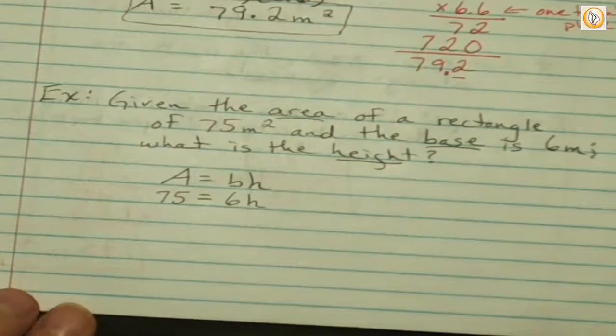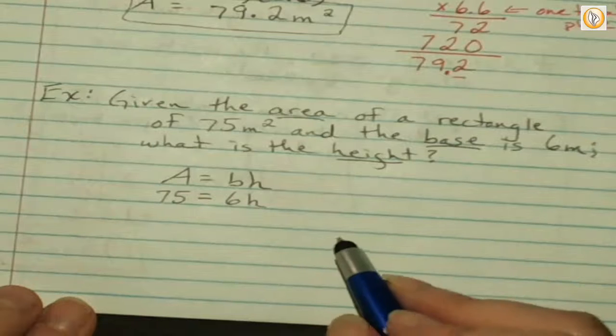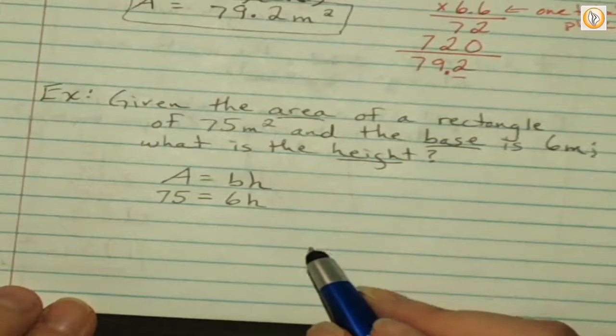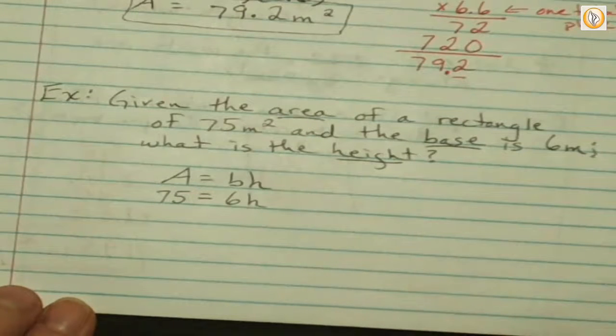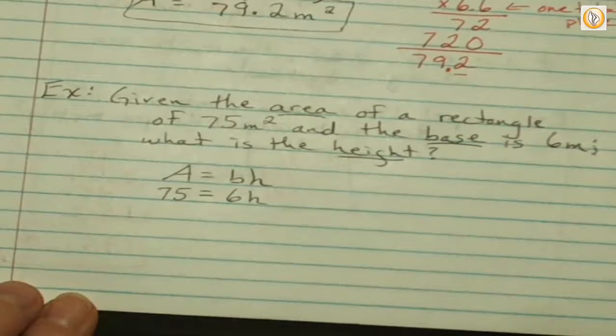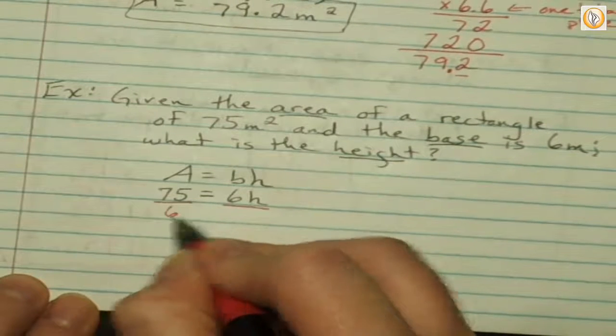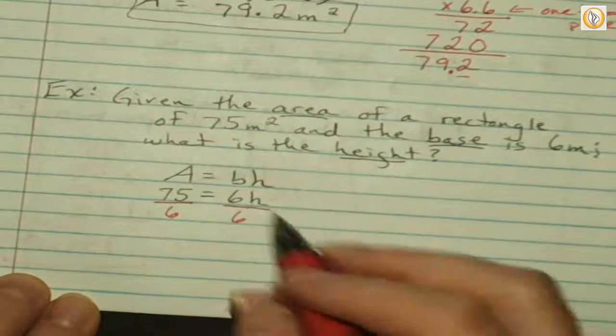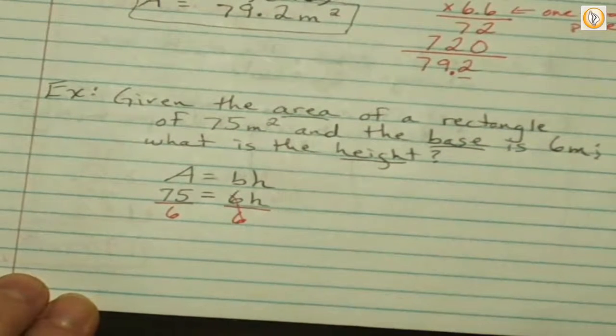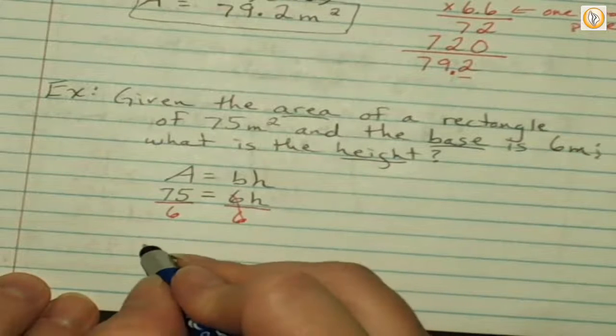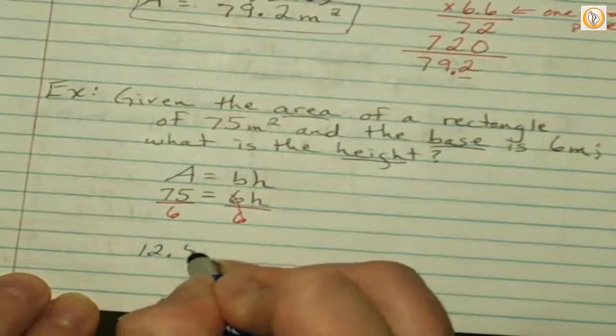So, Cecilia, we've got to find h, correct? So how do I do that? That's right. We're going to divide both sides by 6 because we're isolating the variable. And I get, to save on time, 12.5